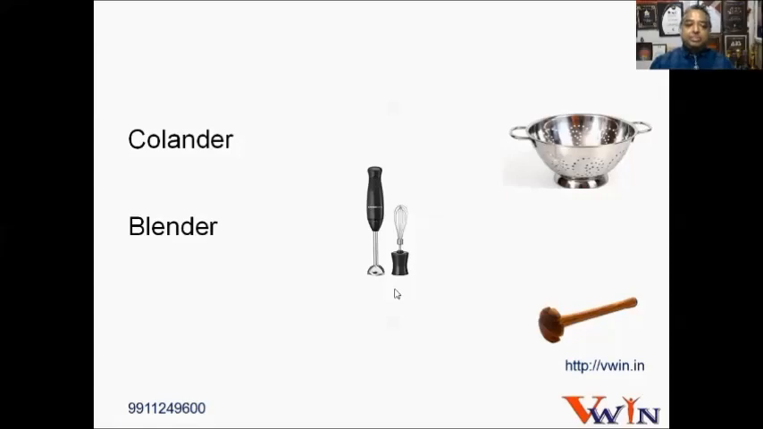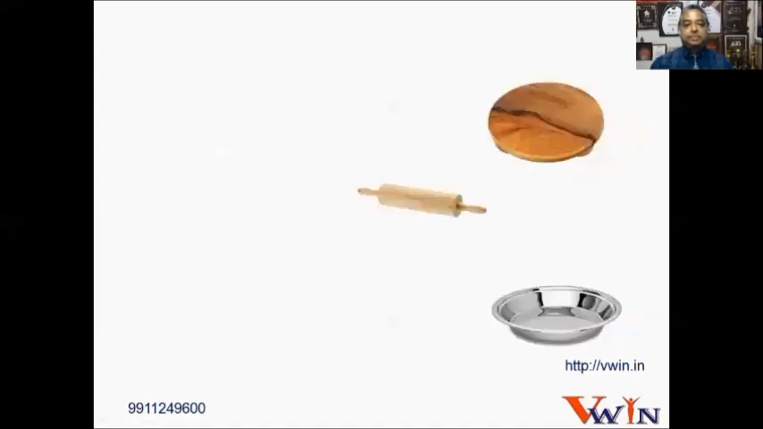Then blender. This is the kind of Indian version of blender known as wooden churner. Mathani. Mathani is wooden churner. Very common thing in a kitchen, and it is chakla, rolling board,